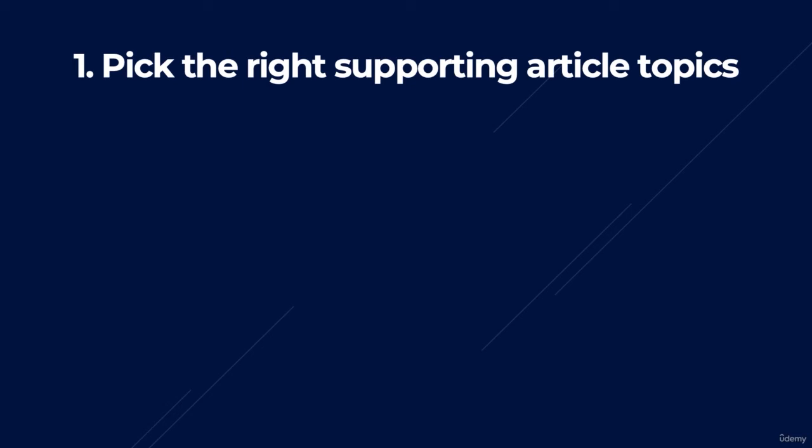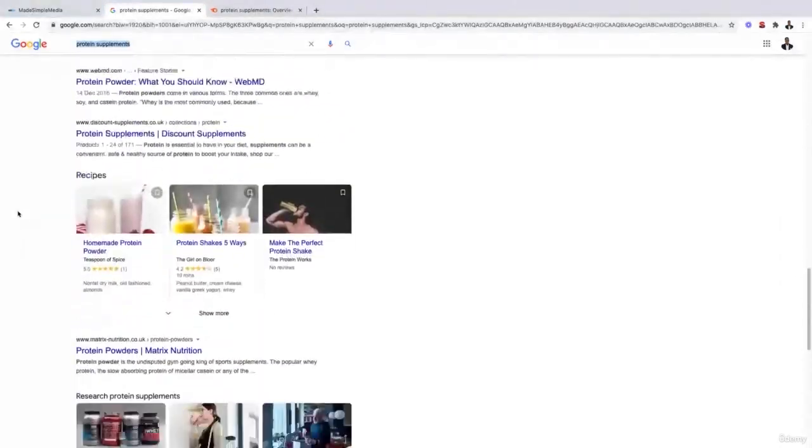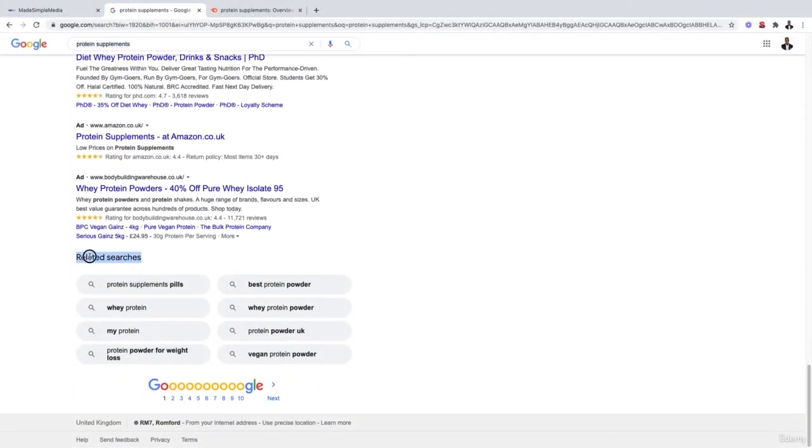Well, there are two simple ways you can use. If you go over to Google and search for one of your keywords, let's imagine you're targeting the keyword protein supplements, all you can do is carry out a search for that in Google and scroll to the bottom of the page. Then, as you can see, you've got this little option right here, related searches, and these are all different keywords which Google deems to be related to what you just searched for, which in my instance is protein supplements. So protein supplement pills, whey protein, best protein powder, vegan protein powder, these are all subtopics which are related to